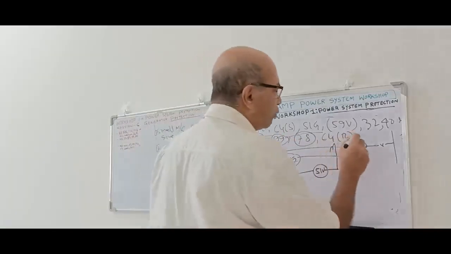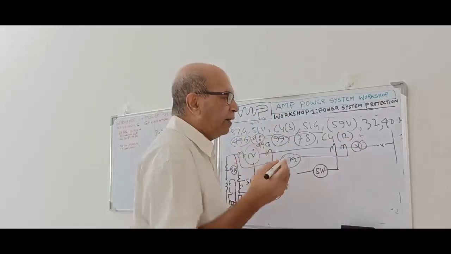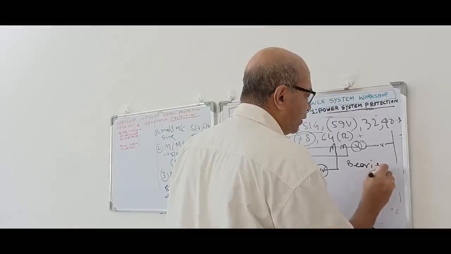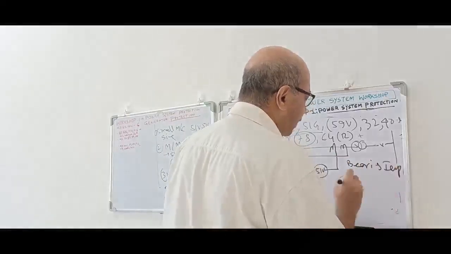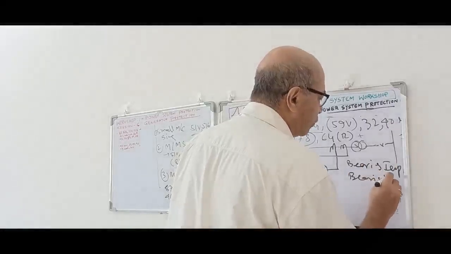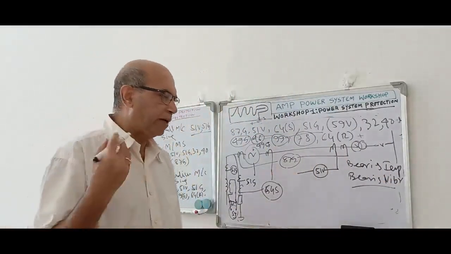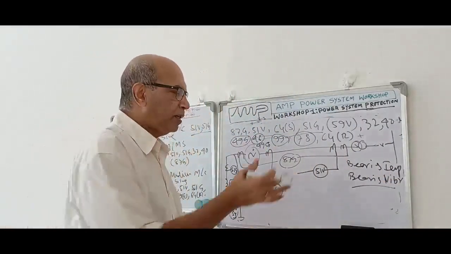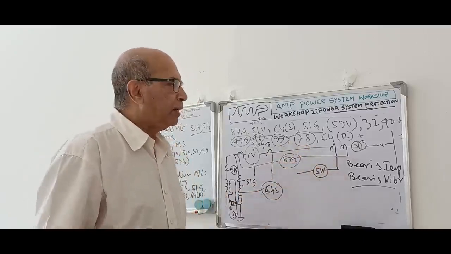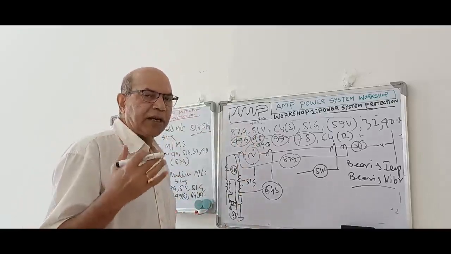In addition to this, we add another two protections. One is bearing temperature and bearing vibration. Generator bearing temperature, bearing over temperature, and bearing vibration. That vibration also we include. In addition, turbine bearing temperature, turbine bearing vibration. In addition to this, for the generator bearing also we include this part. These are mainly the protections we provide for the big size machine running in parallel.